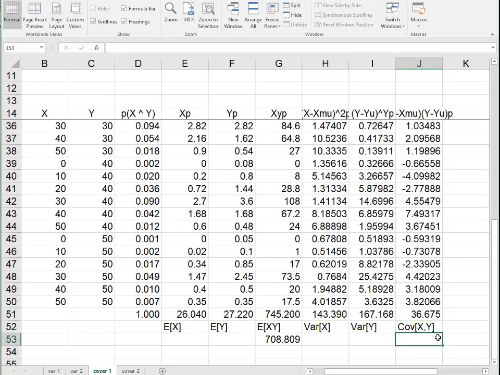So this is the thing which is telling us something about how x and y are varying together. So this positive thing means there seems to be some kind of tendency that the bigger x gets, the bigger y gets. Okay, and now